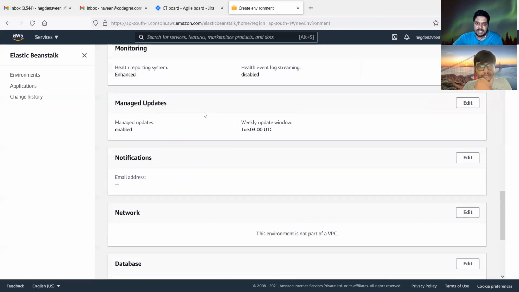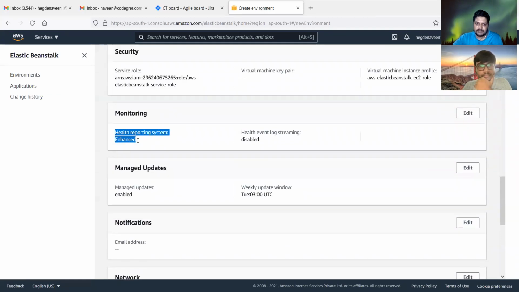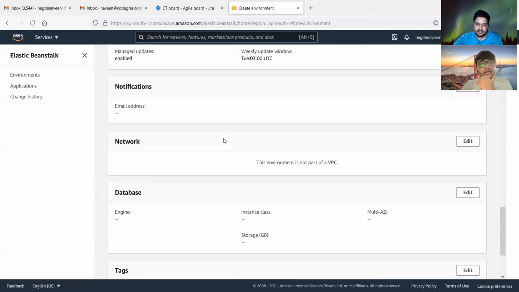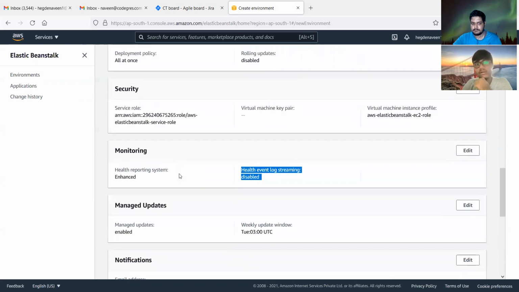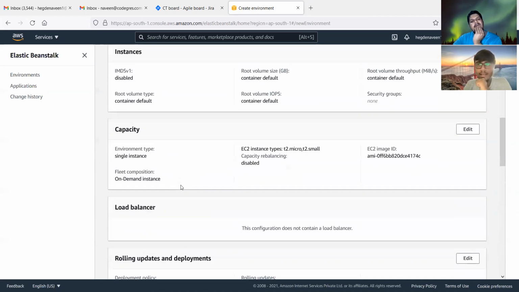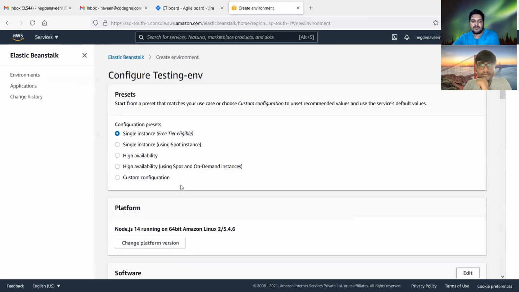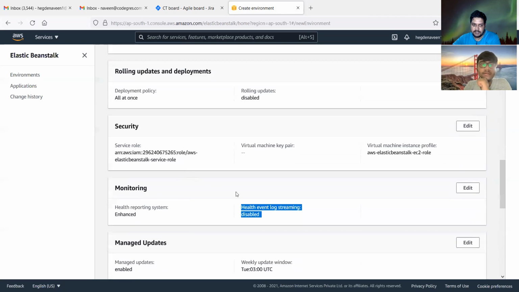There are many options. See, monitoring. In this monitoring, you can set up alarms, etc., and notifications as well, after a certain limit is reached. Understood. And load balancing exists for all tiers? I mean, all of these options, or only for high availability? So for single tier, load balancing is not required because there's only one instance. So what else will it do, right? Load balancing is only required for more than one instance.